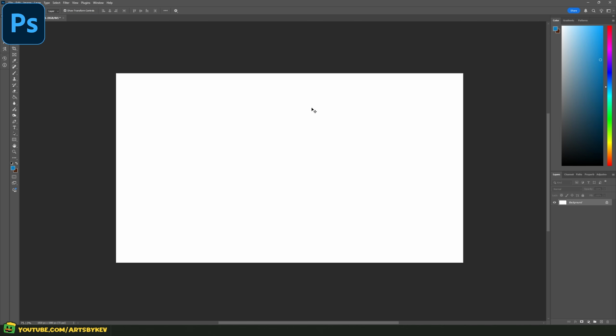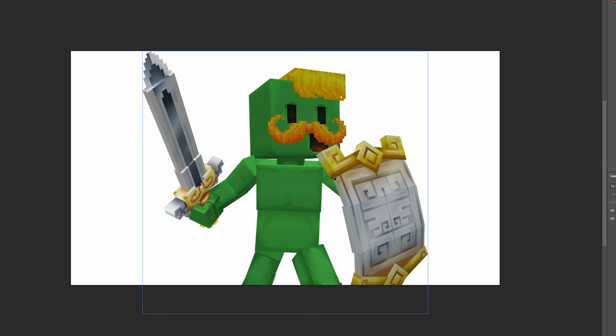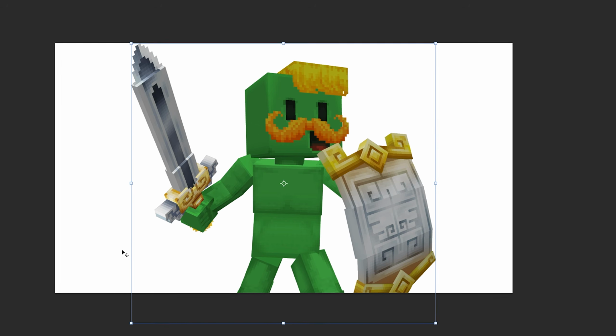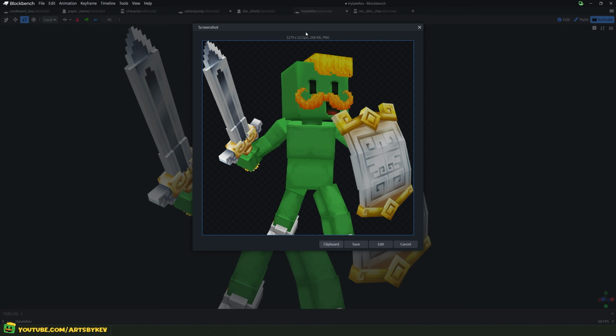Now, I have copied to clipboard and I'm inside of Photoshop, and all I got to do here is to press Ctrl V and paste the picture in. As you'll notice, the character here is much larger by the size of the comparison here to the picture in the background and the actual character itself in terms of resolution, because the background in Photoshop is the regular resolution of an HD screen, 1920 x 1080. Whilst if we go back into Blockbench, we can tell that 1080, which is the document size in Photoshop, is slimmer than that of the total size of any of the widths of our picture, because it's either 1279 wide or